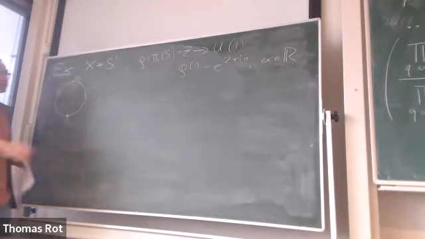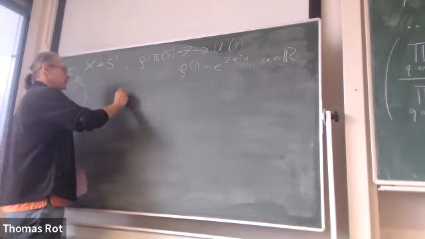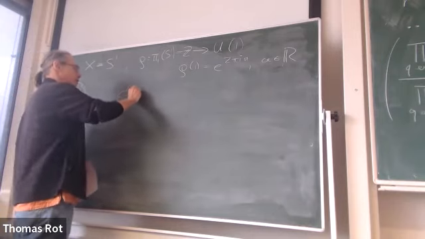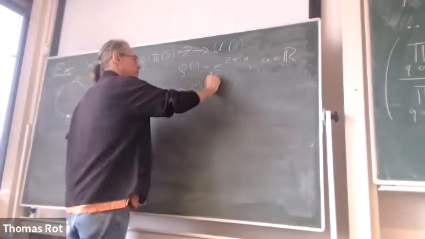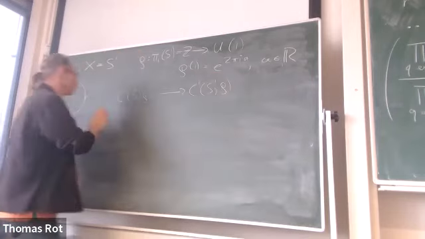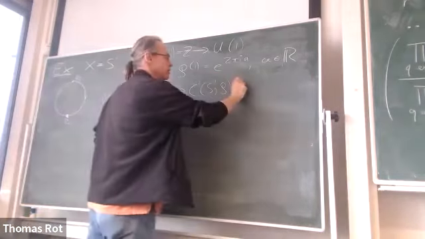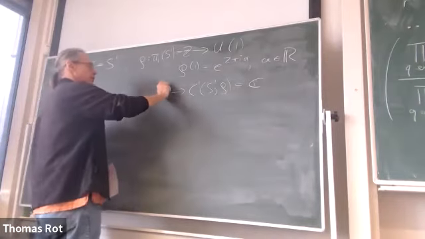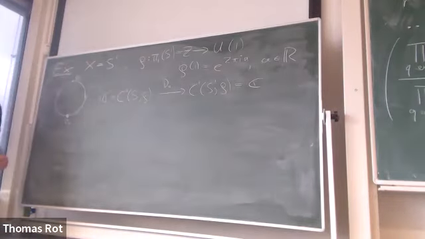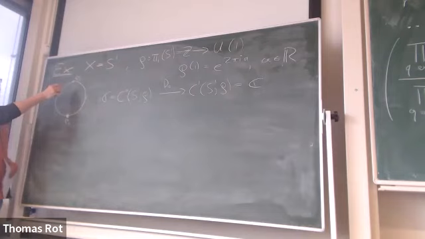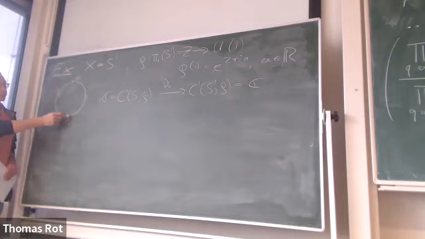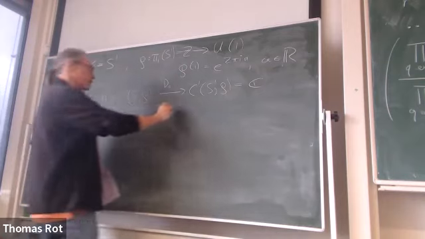And then in this situation, the complex only has two spaces, the 0 chains on S1 in these coefficients, and the 1 chains on S1 in these coefficients. Both are just the complex numbers as vector spaces. And then we have the differential here. If the coefficients were trivial, then to this 1 cell we would associate the difference of the two boundary points, which would be 0, but now the representation rho sees that, and the formula we get for the differential is